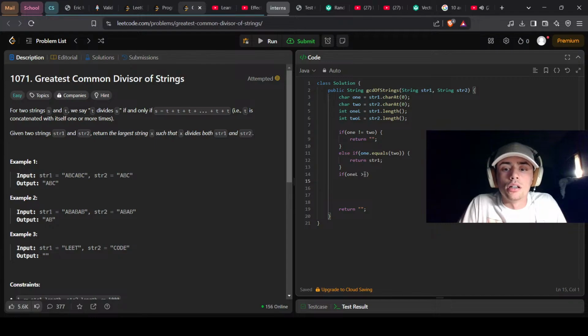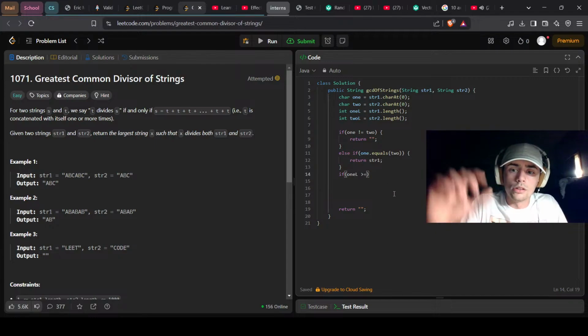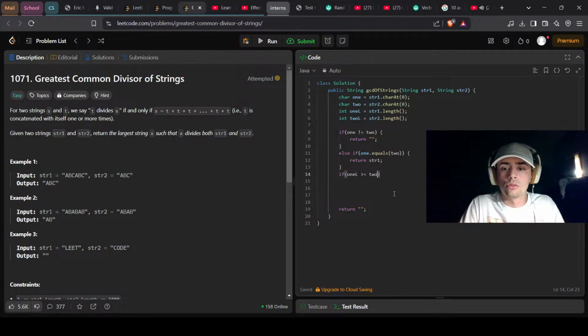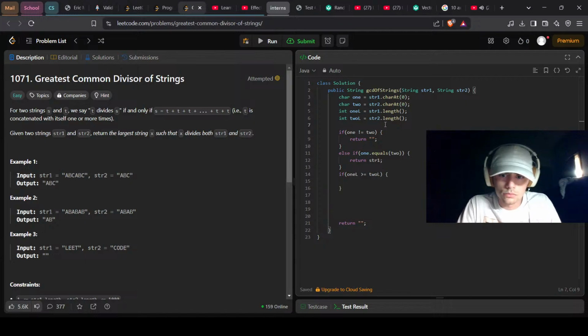Yeah. If one length is bigger than 2 length, then we're gonna do, let's do, and longer. We're gonna do